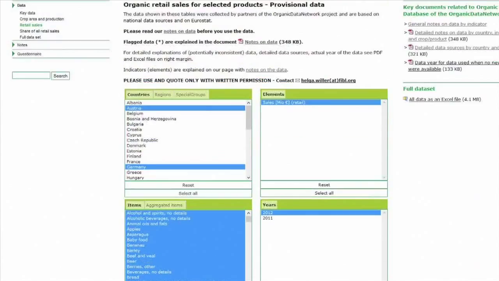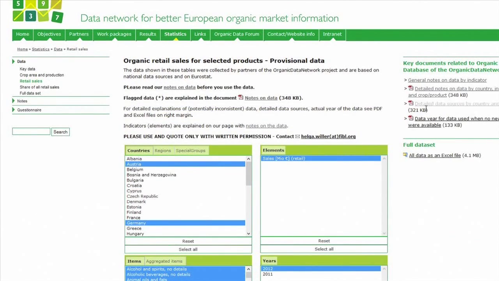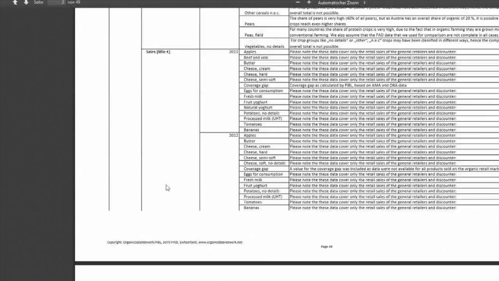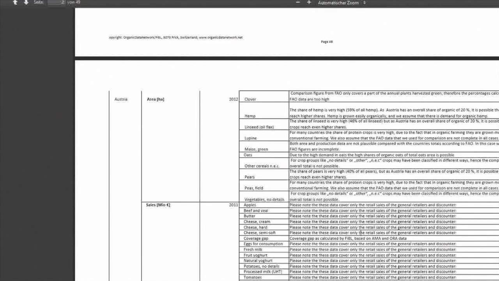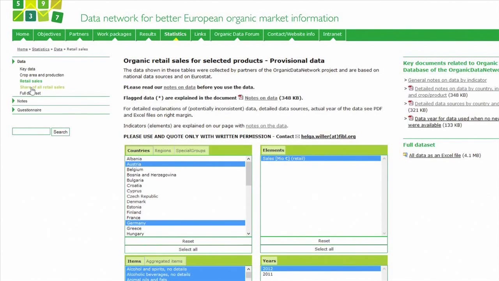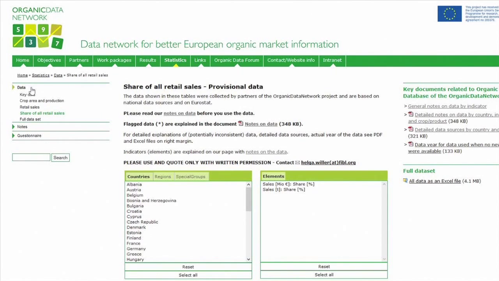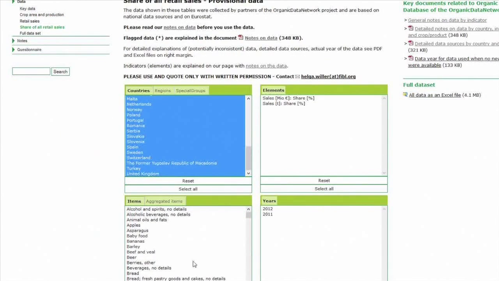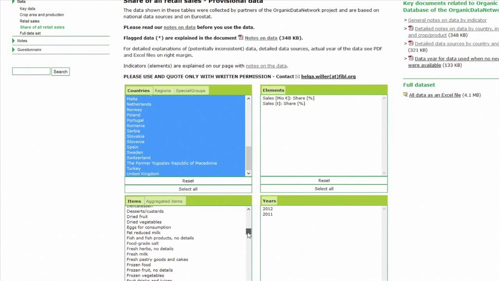And we provide an Excel sheet with detailed notes by data, by country and so on, where we provide, for instance for Austria, on the area or on the retail sales, certain explanations. Then we have another table with a share of total retail sales. And perhaps we now want to have a look at all countries, and perhaps we have a look for the eggs.